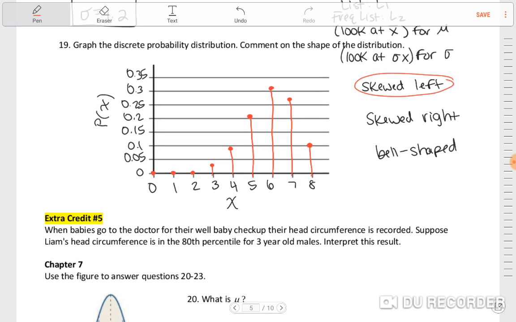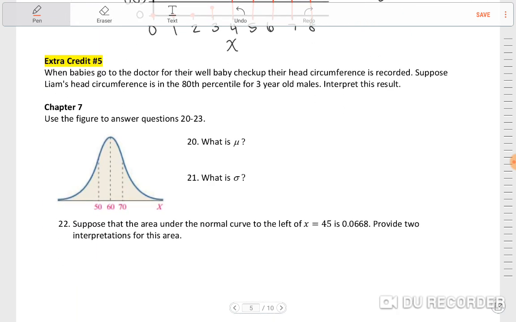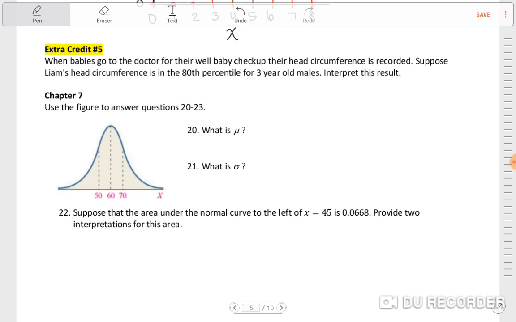All right, here's your 5th extra credit question. When babies go to the doctor for their well baby checkup, actually I just was there with my 3-year-old. No, she's 4 now. For her well child checkup. Anyways,